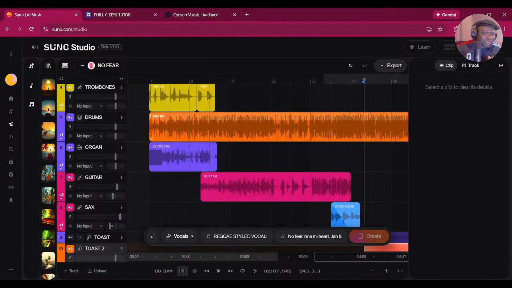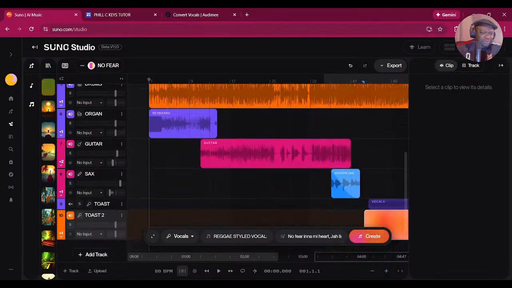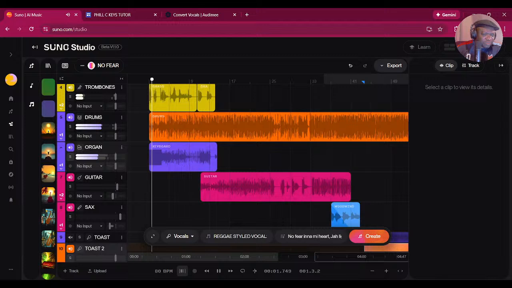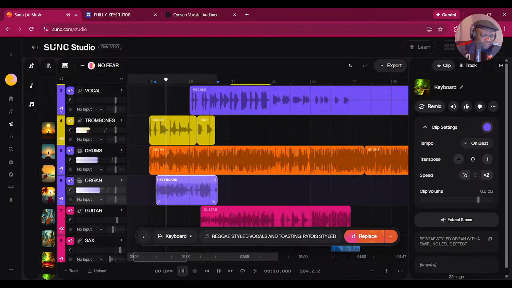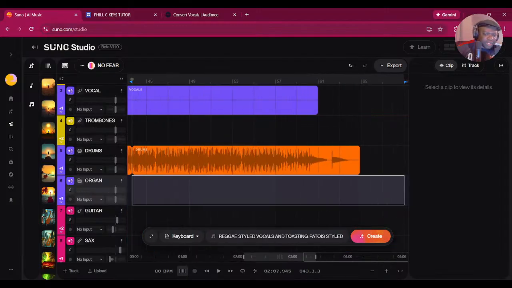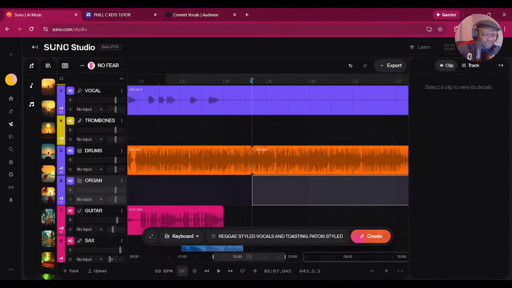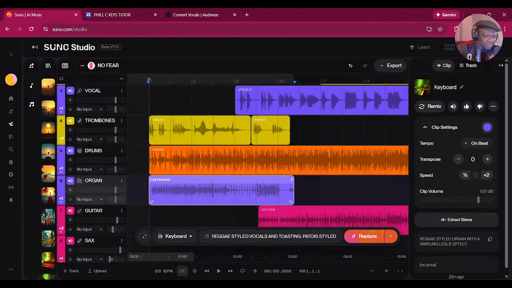In the meantime, let me check out the organ and see what it did. I really didn't pay much attention to the organ. So it's a little bit off, as you can hear. This is where a lot of the patience comes in. You gotta be patient with SUNO Studio.